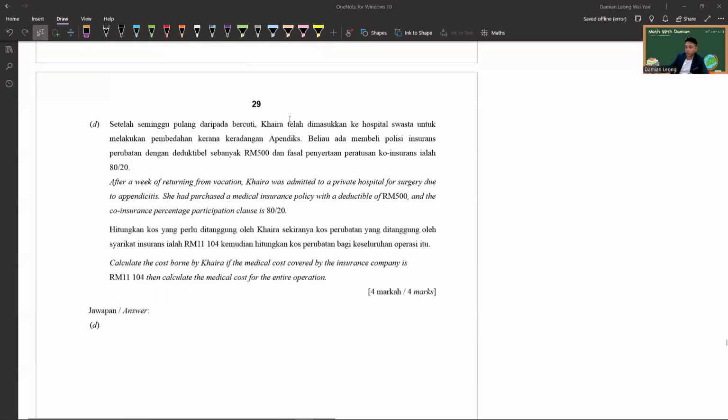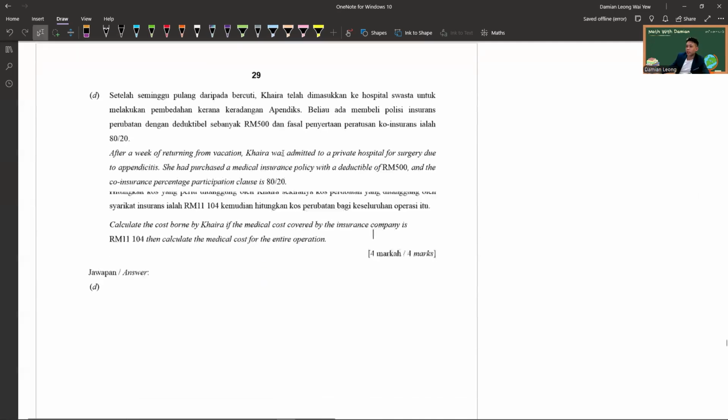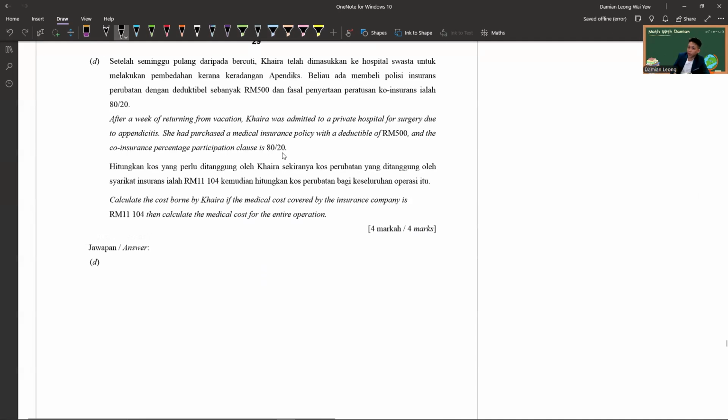Then part D. After a week of returning from vacation, Kyra was admitted to a private hospital for surgery due to appendicitis. She purchased a medical insurance policy, deductible 500, co-insurance 80/20. So calculate the cost borne by Kyra, if the medical cost covered by the insurance company is 11,104, then calculate the medical cost for the entire operation. So if 80% is 11,104,